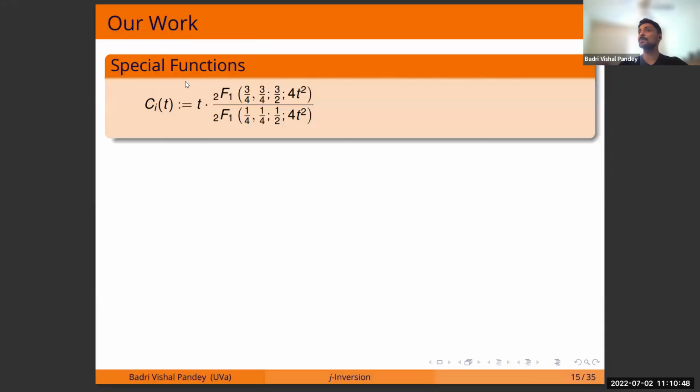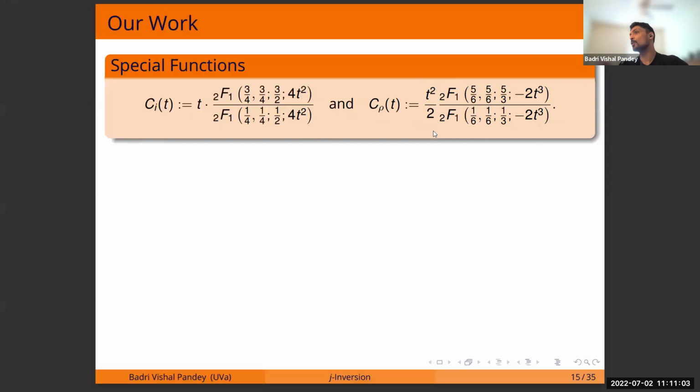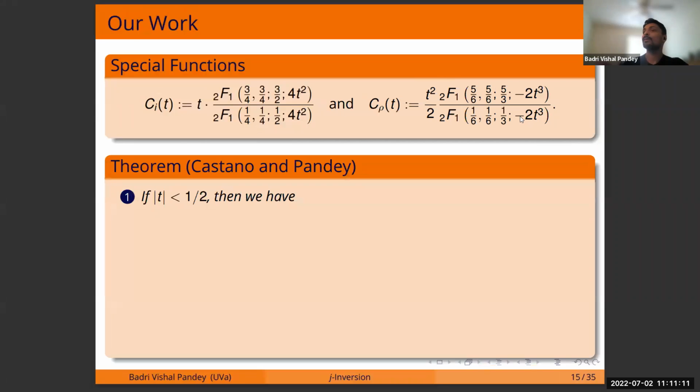So in our case, the special functions are these: C_I of t is t times 2F1 evaluated at these parameters, 1/4, 1/4, 1/2, and the variable is 40t squared, and C_rho of t is equal to this, with 5/6, 5/6, 5/3 and 1/6, 1/6, 1/3. This. Then we prove that